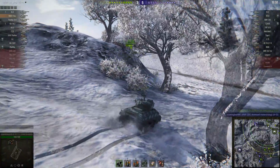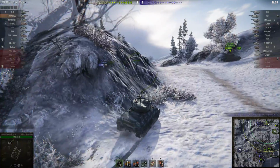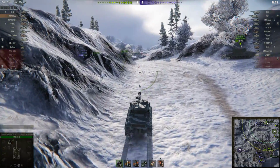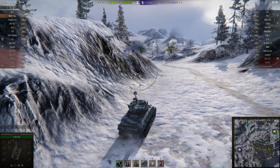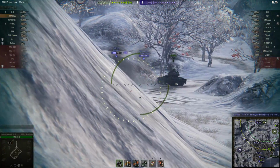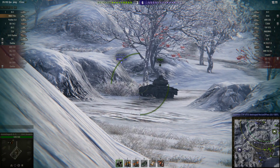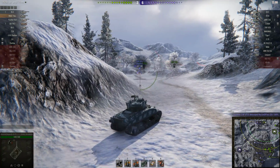At heart, this thing is still just a Tier 5 M4 Sherman, but sniping only works as long as the rest of your team are alive. And on this side of the map at least, hardly anybody on his team is left alive. The SU-100Y box tank over there just took a hit. He's waiting for somebody to pop around the corner so he can take another shot, but he's just been taken out. Now hopefully friendly artillery is paying attention, because Komodo Dagger is now the only thing between these guys and them,